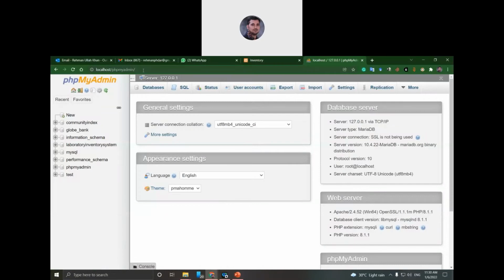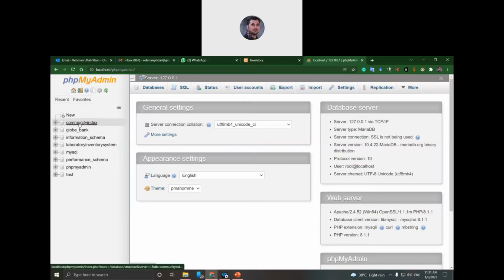When you click phpMyAdmin in the localhost dashboard, you will get an interface like this, and on the leftmost panel are all the databases that you have created. If you have not created any, there will just be the built-in databases like phpMyAdmin, performance schema, MySQL, and information schema. These are the built-in databases.